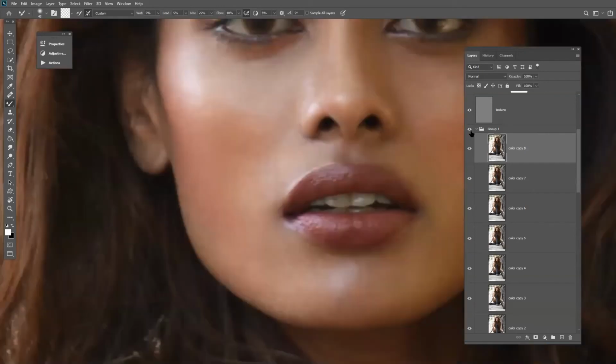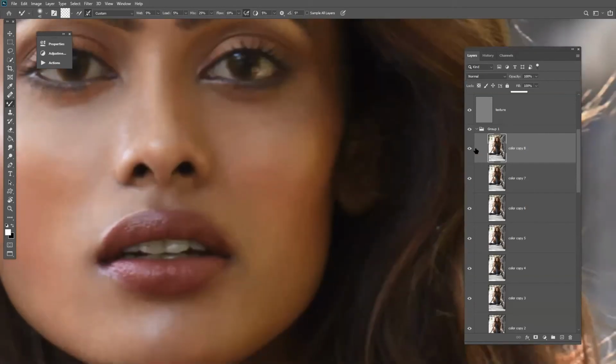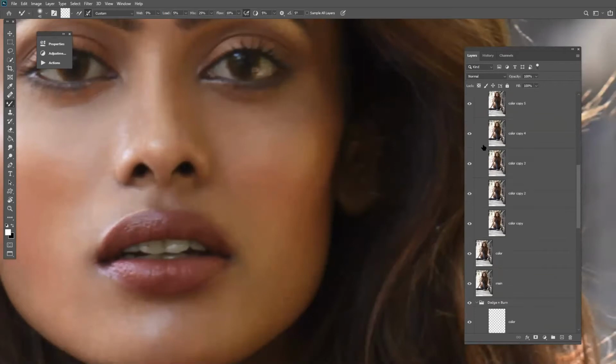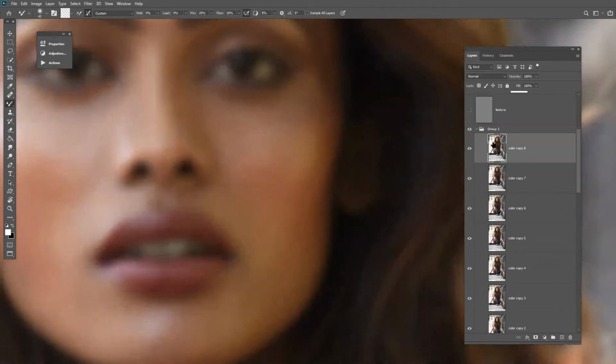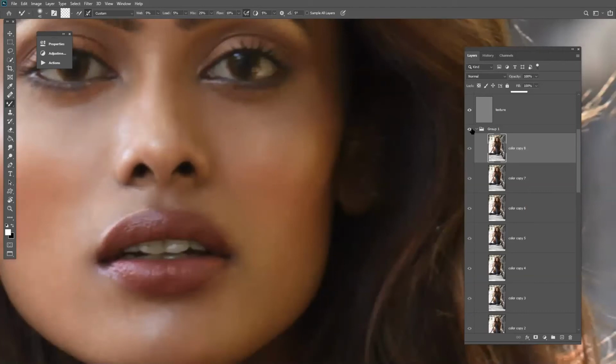It's very subtle. Now let me switch it. Slight lightness of the area has been done without brightening up.